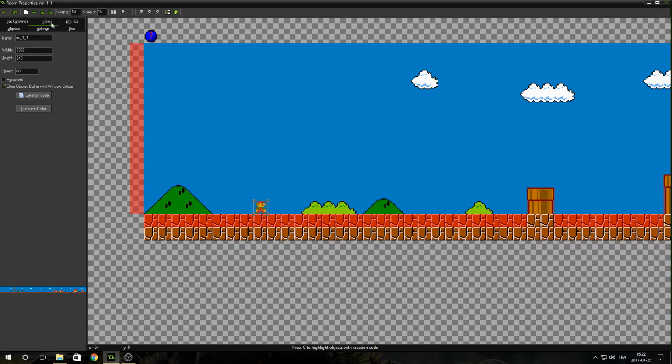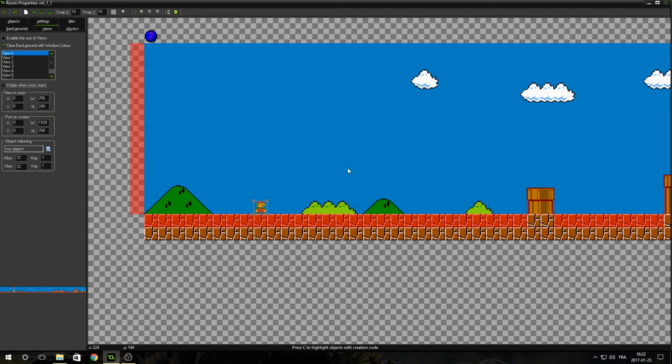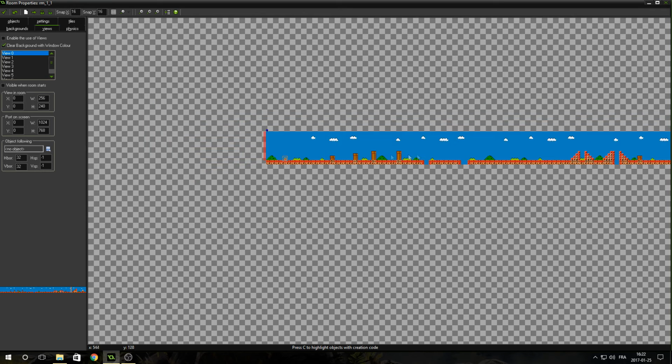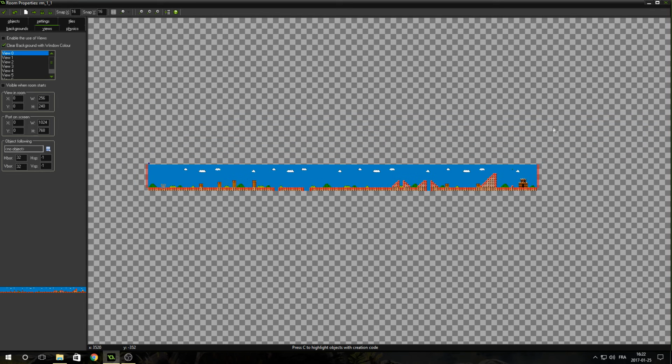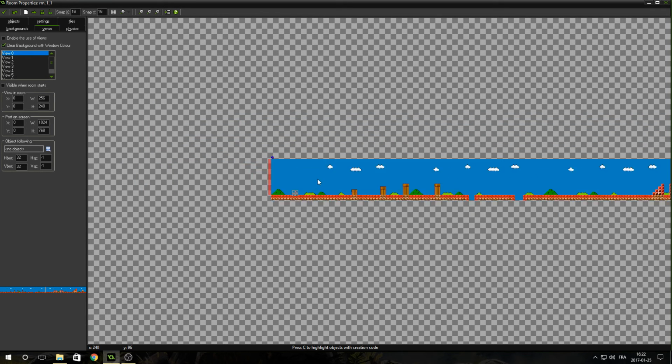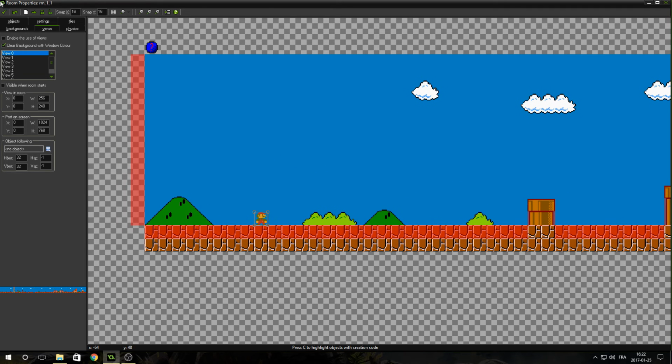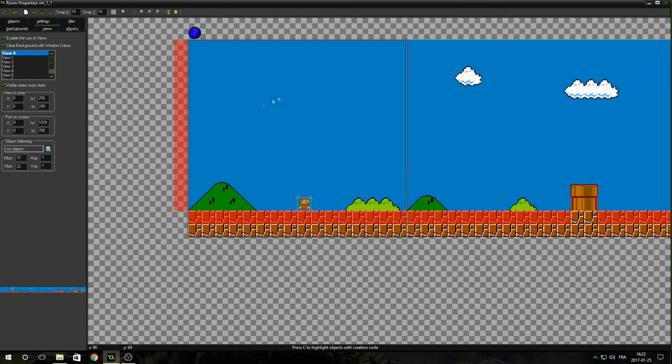the problem is that there's no views in the room. So when we start the game, GameMaker is actually going to show us the whole room, and obviously we do not want that. So in the Views tab, you want to enable the use of views. You also want to make sure it is visible when the room starts. You want it to be 256 pixels wide by 240 pixels high. We also want to set the port to be the same,